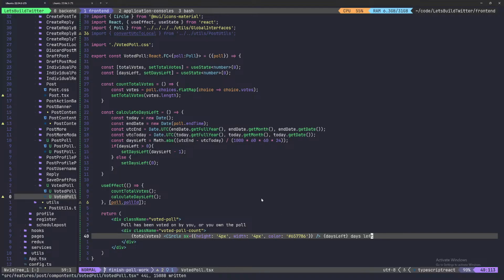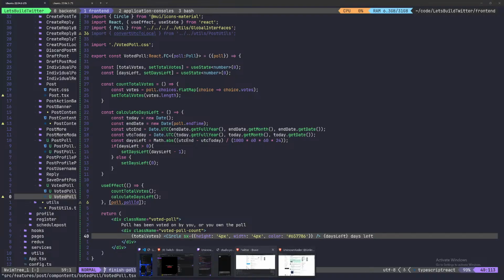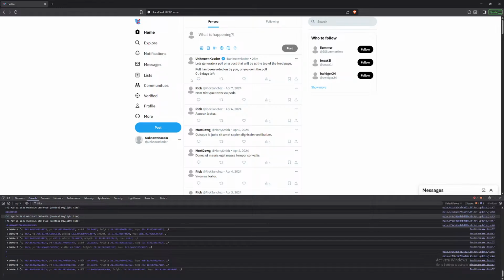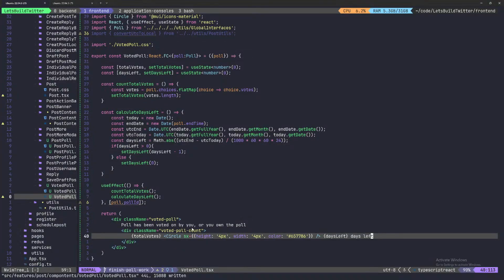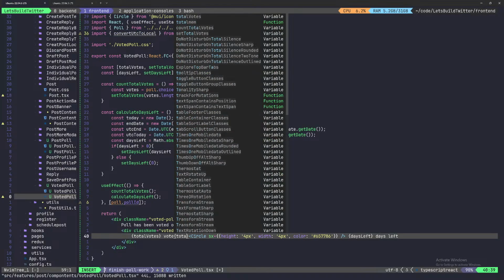And we could make these all their own thing, but it is what it is. Now you can kind of see we have 0 votes. And we need to go ahead and say vote. And then we need to go ahead and say total